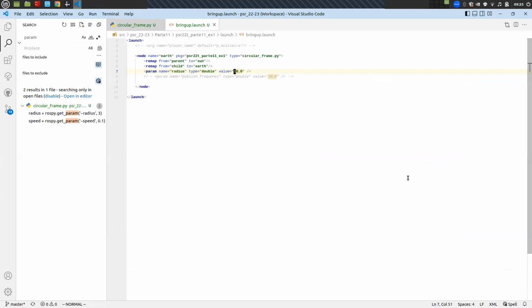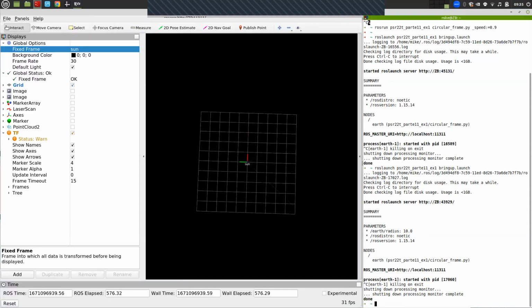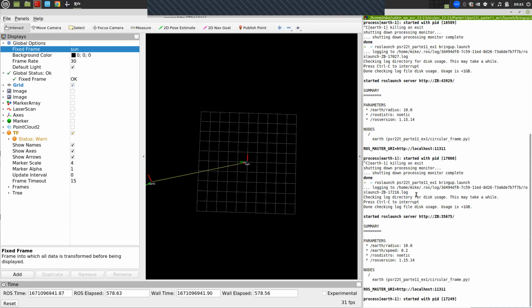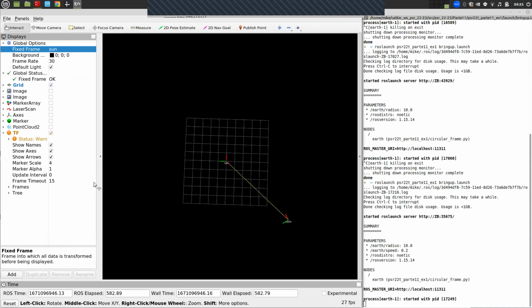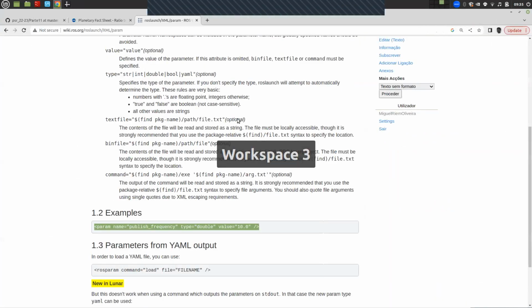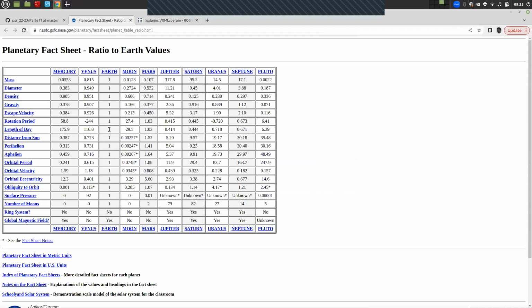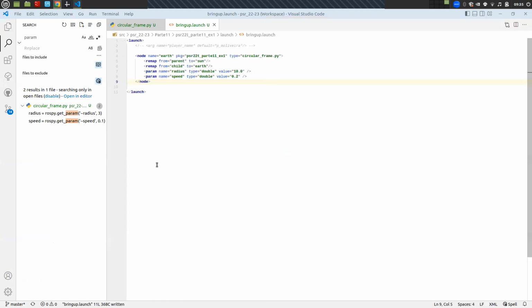Great. Now we can replicate for the speed. Speed, it's double and it was 0.1. Let's say it's 0.2. Okay, so now it looks like we have all we need for each planet. We just have to go into this table and fill in whatever is needed. Okay, so if we do this,